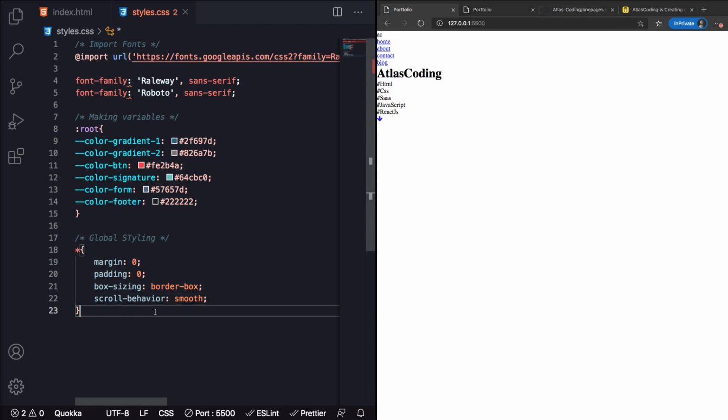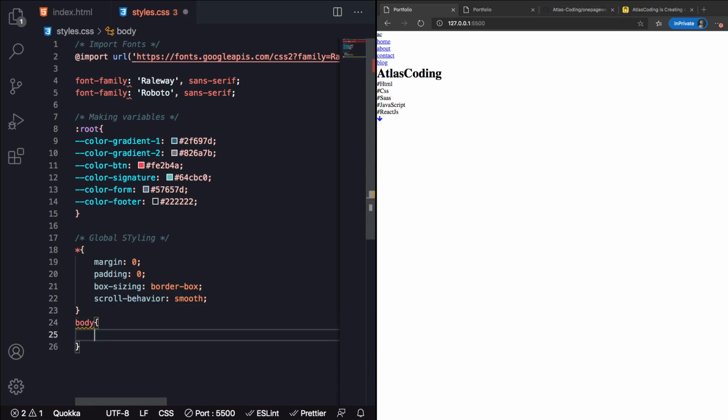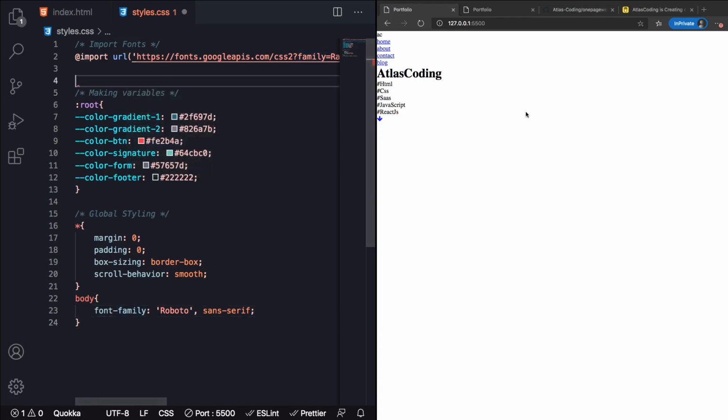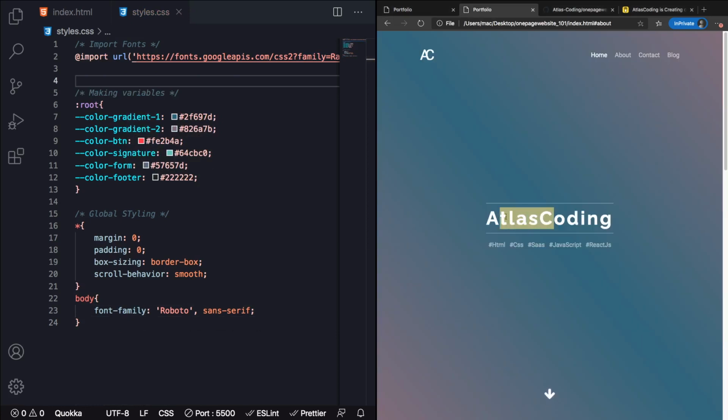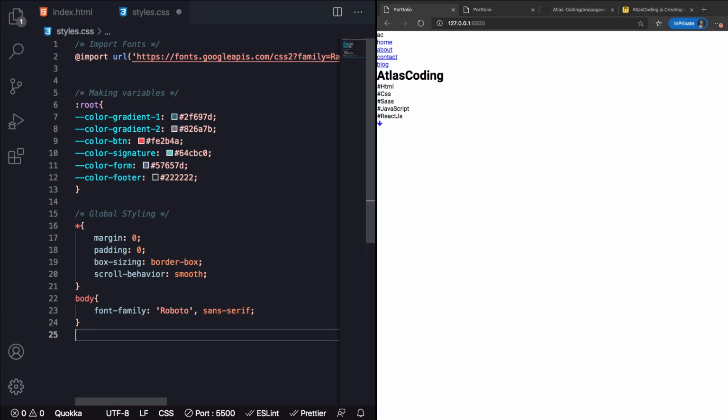Another thing we're going to do here is the body. For the whole body, we will take this font family of Roboto and bring it here. Now the only thing remaining is this one here, so let's cut it to use it later on. I think we're probably going to be using it with this H1. So let's go down here. We're still on